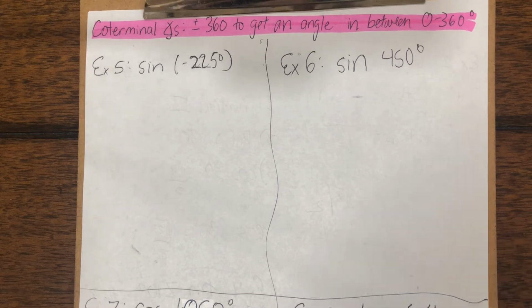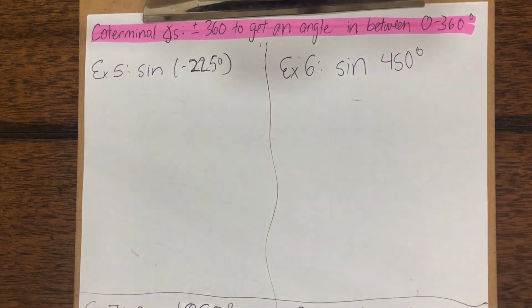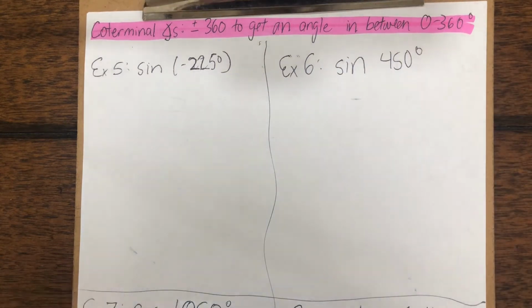So what we're going to do is figure out what is the angle measurement that is coterminal to the given angle measurement, and it has to be in between 0 to 360 degrees. Depending on what we're given, we're either going to add 360 or subtract 360 to get our angle measurement in between those two degrees. So start with example 1, which is